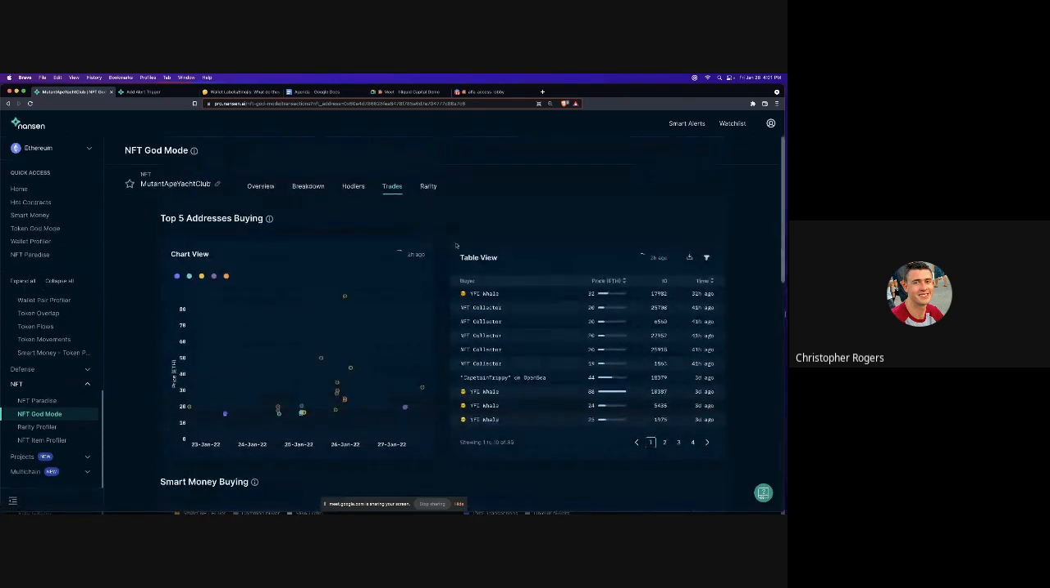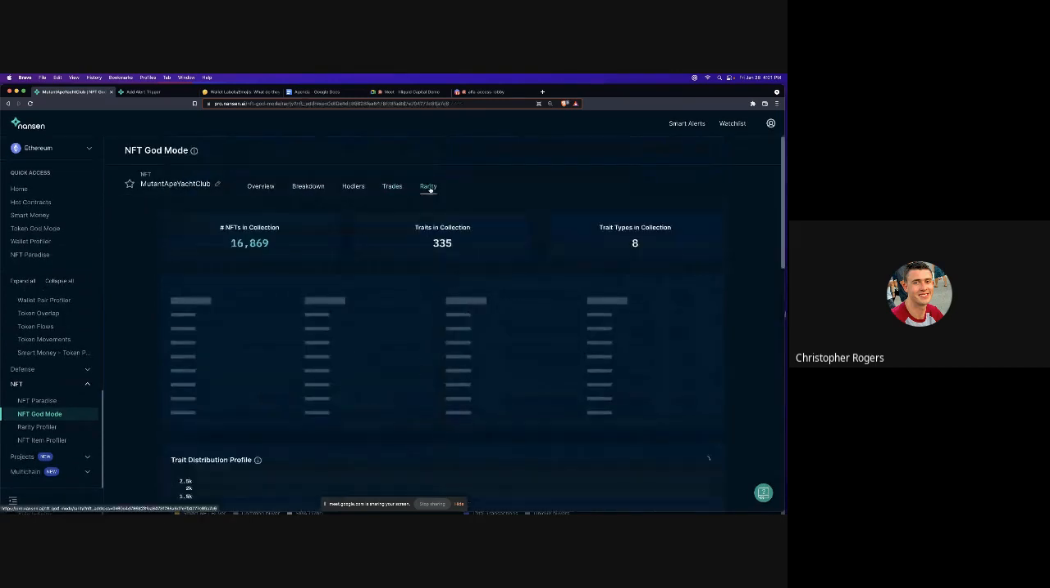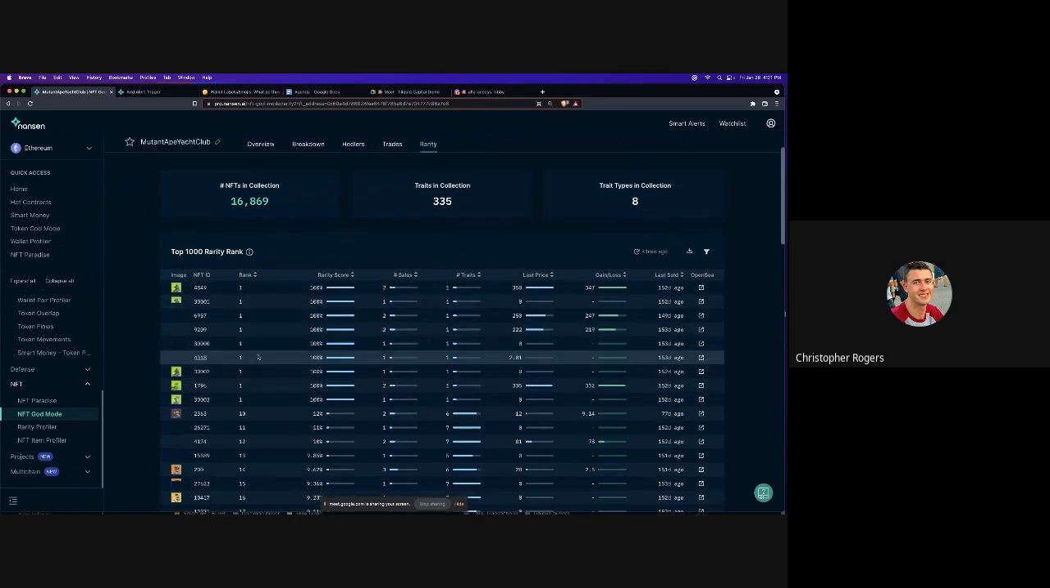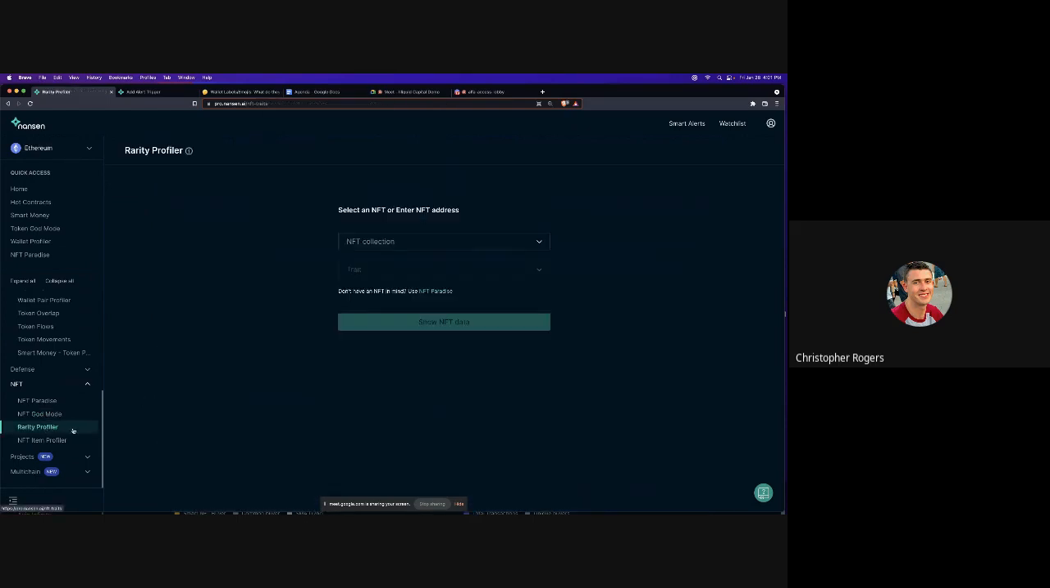So we have a rarity profiler, and this is a good segue to move from NFT God Mode into the rarity profiler itself. Here we can see all of the collections in circulation and the rank of each of these. What we can do in the rarity profiler is take a look at the specific traits of a collection and then see what the rarity score is for that. So if I come down here to the rarity profiler,